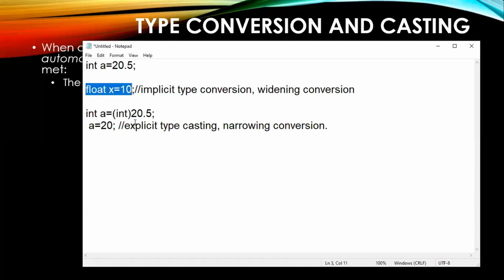Implicit type conversion means 10 is an integer, but you are putting that into a float x. Data types are different. 10 is an integer, you are putting that into x. I said this is valid. You can put 10 into x. That will be taken as 10.000.